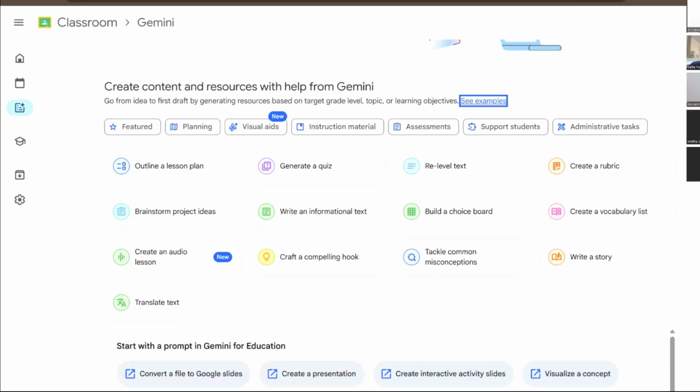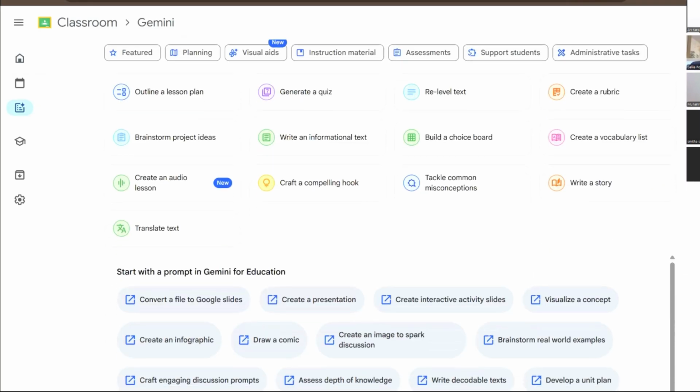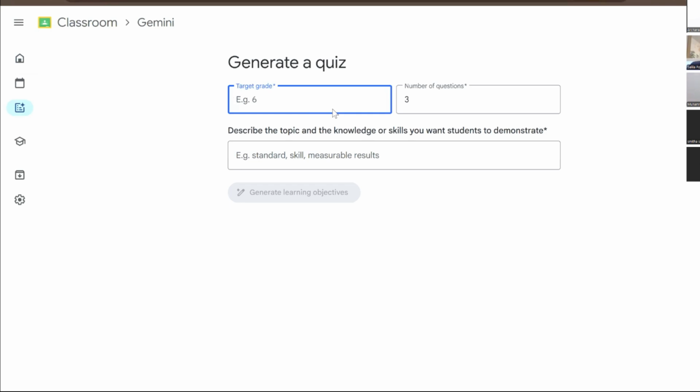Okay. So here you can see many options are available. Now, actually, I'm going to create a quiz only. So here there is an option, generate a quiz. Could you please click on that, teacher? Okay. So as Archana teacher explained for quizzes and formative, there are many options we have to give. Here also some options are there, which we have to give.